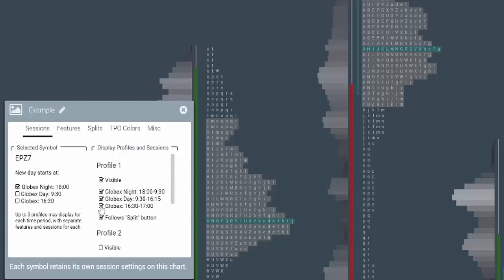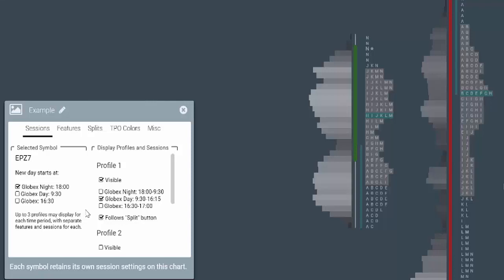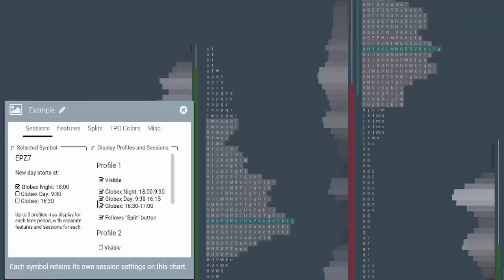If I just wanted to see the day session, I would uncheck the night session and the Globex session, only displaying the day session. And you can see that it does change in real time. If I close this, it takes away the faded screen, and you can see it and now begin using the charts. But going back, I can turn those back on, which I'll do,